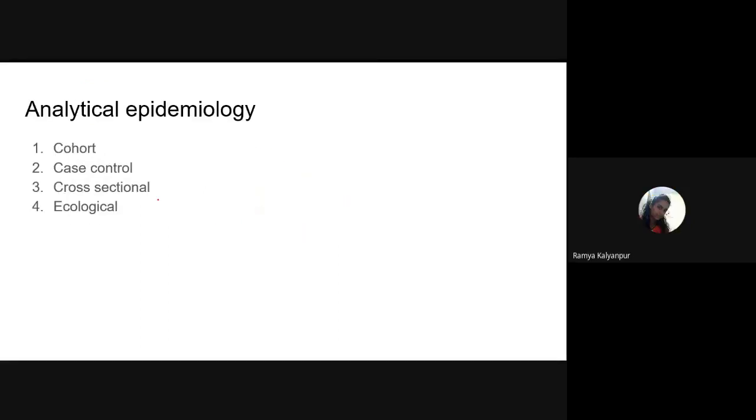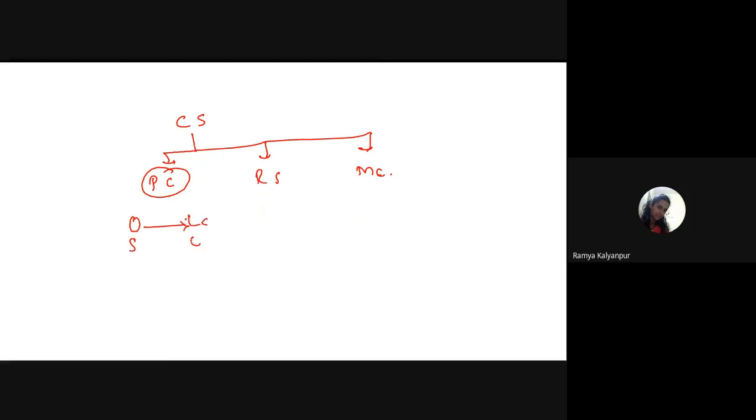So, clear with the concept here? Now, cohort study, what have we seen? In cohort study, we have seen three designs are there. One is prospective cohort, then retrospective cohort, and then mixed cohort. Prospective cohort we have already seen. It is like one direction: smoker will be there, lung cancer exposure will be there. Then what happens here? A lot of time is consumed, and it is very expensive also.